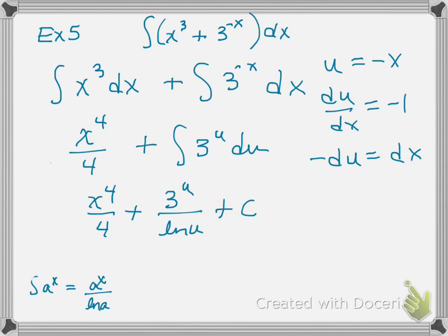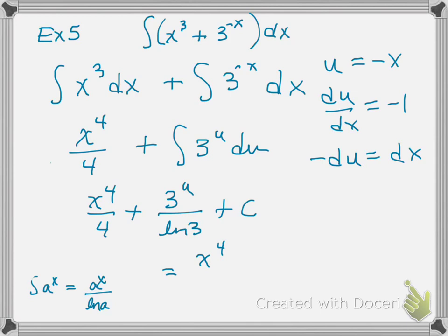Oh, I'm sorry, I did that wrong. That's not u, that's my a value. My a value is a 3 in this case, so I should have a 3 right here, ln of 3. All right, so just replace that u with a negative x. So I have x to the 4th